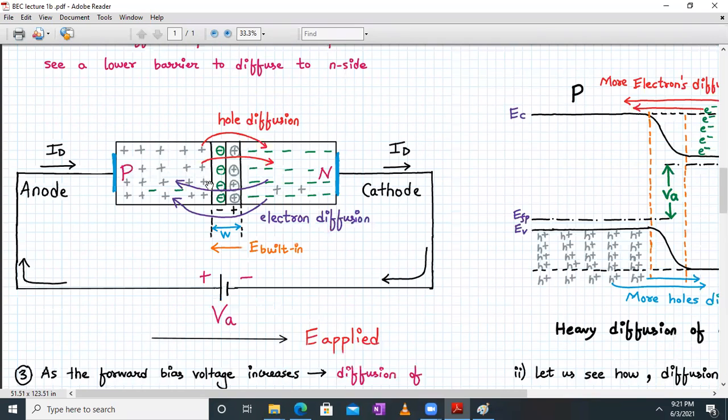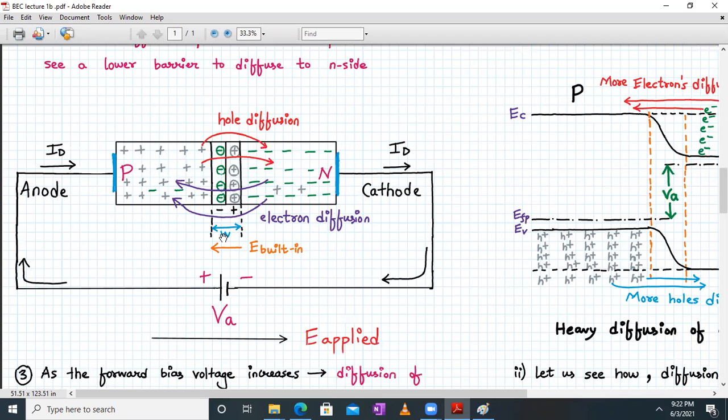Okay, so in terms of structure, we see that since it becomes easier for the holes to diffuse, more of the holes will be diffusing towards the n side, and more of the electrons will be diffusing towards the p side. So there will be a large increase in the current, and the dominant transport mechanism for charge carriers will be the diffusion process, because there is a very high chance of diffusion taking place. So due to that, what will happen is,